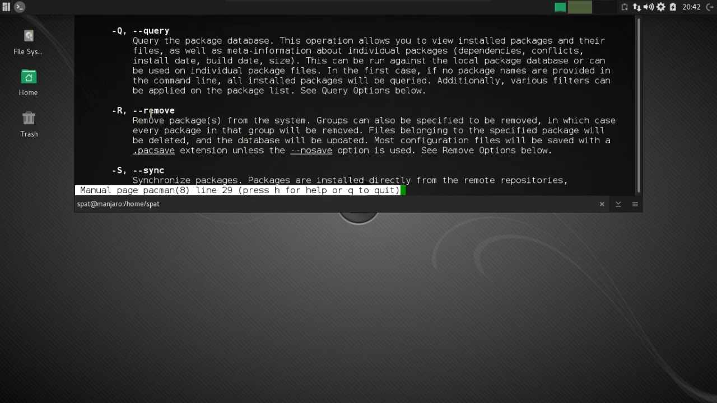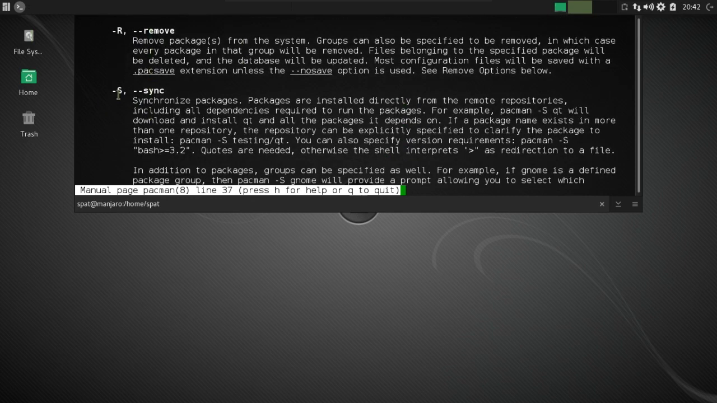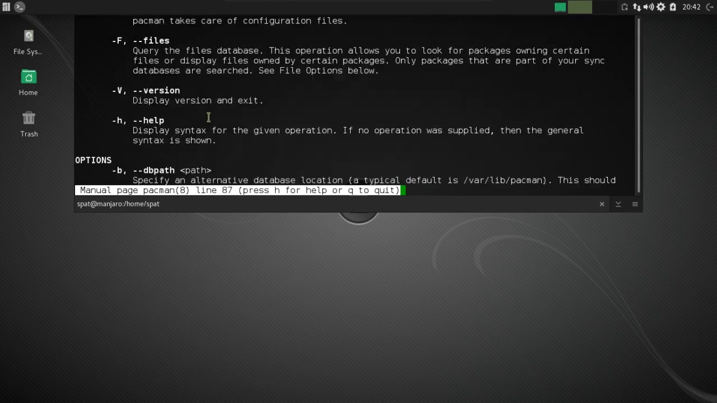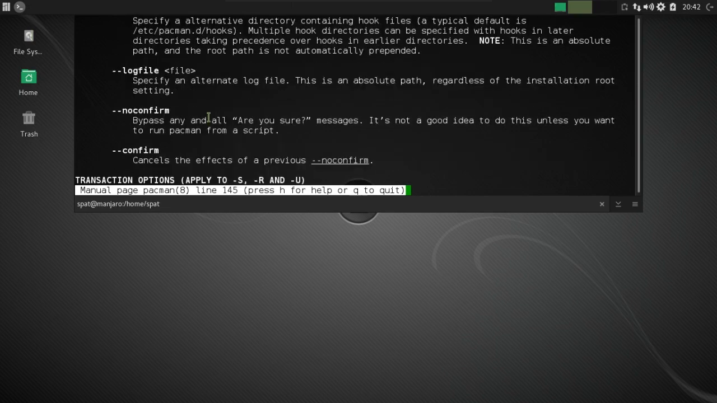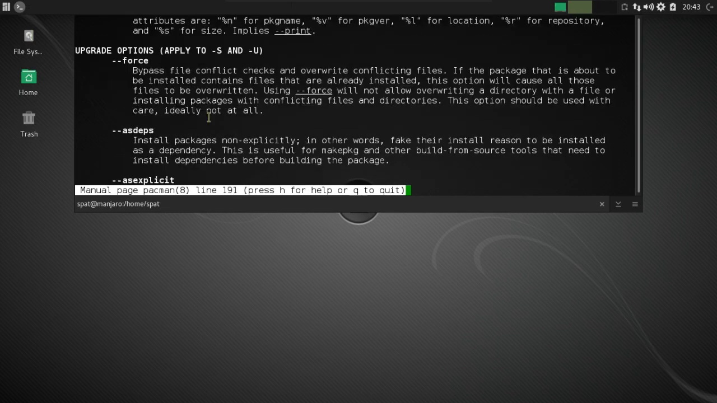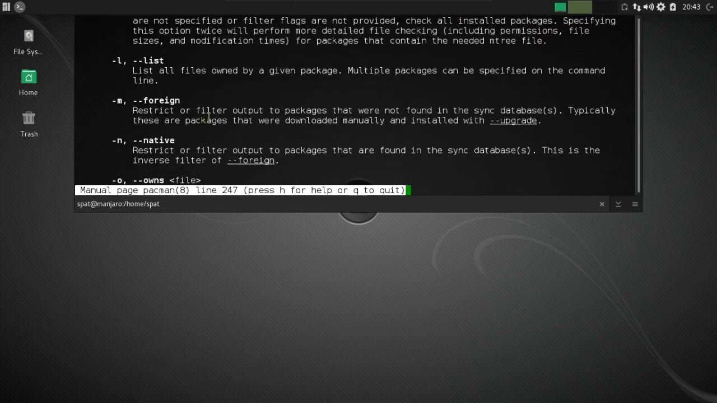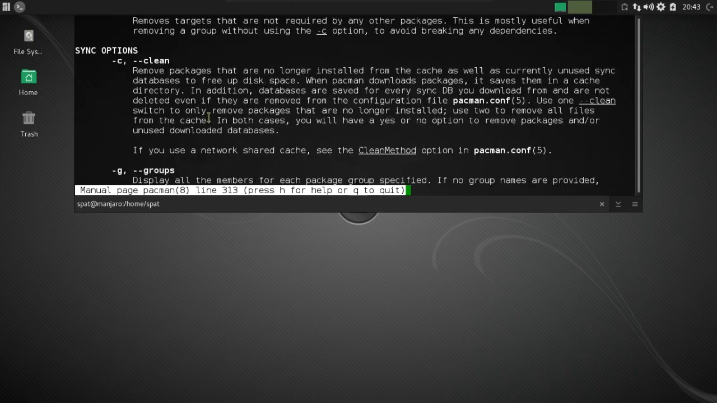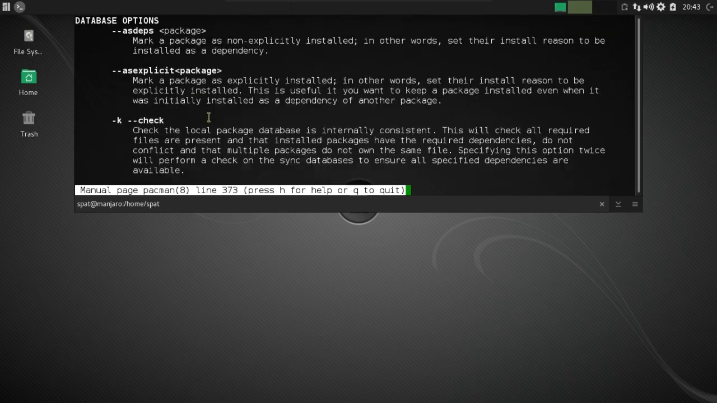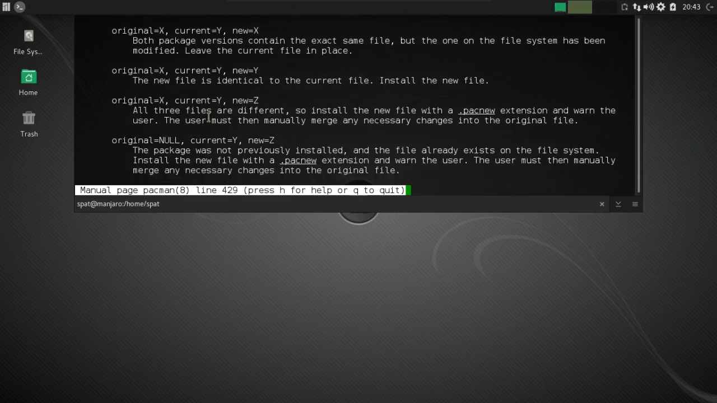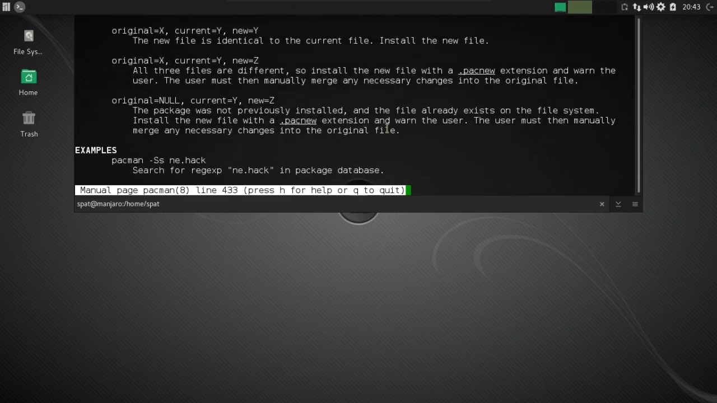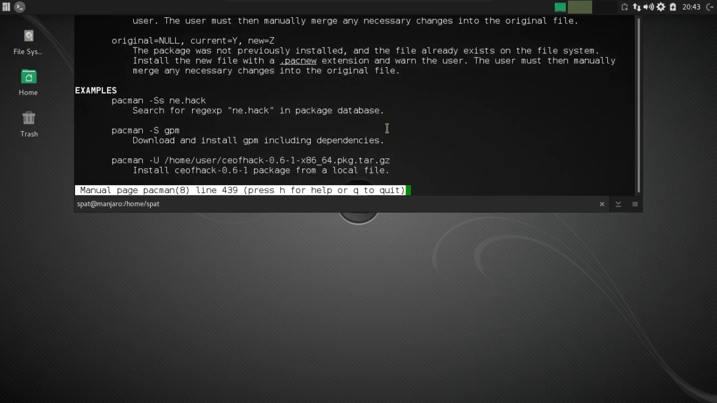The -R lets you remove packages. -S allows you to sync packages. Okay, and there's some more goodness on this on the Arch Wiki as well. And I got to tell you, kids, nothing compares to the Arch Wiki. So click the link in the description if you want to learn more about this. Using PACMAN is your friend,